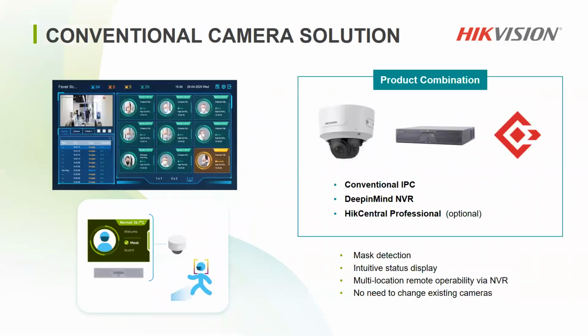And then finally, we'll be looking at the conventional camera solution. So with that, if you have a CCTV installation already in, it's possible that you may be able to use those cameras themselves. For your mask detection, you will need a DeepinMind NVR with the mask detection firmware on them, and then some slight considerations with regard to the camera capability as well as installation, which we'll look at in a second. And that will give you mask detection as well as the graphical display that you can see on the left-hand side there,